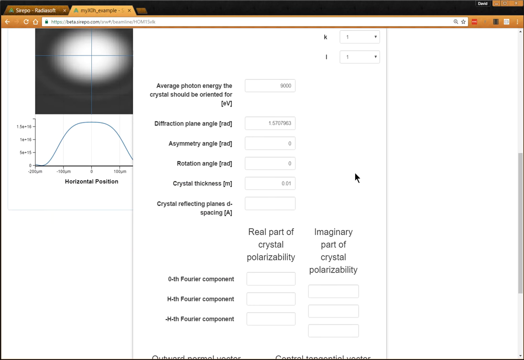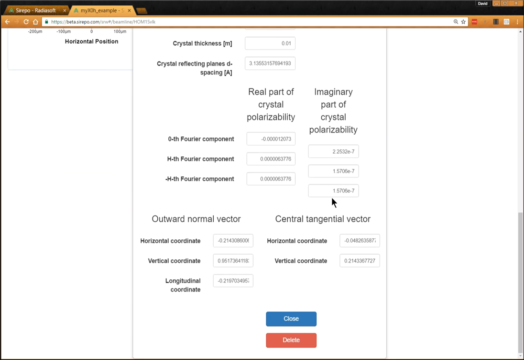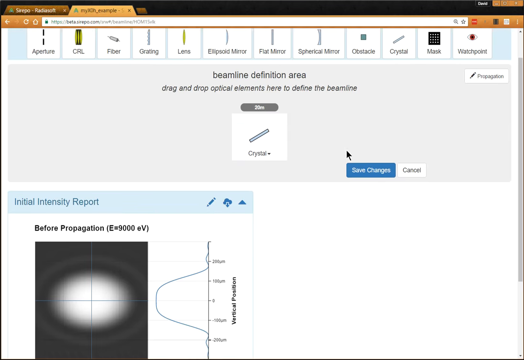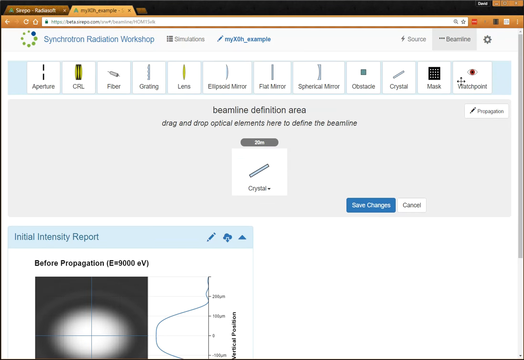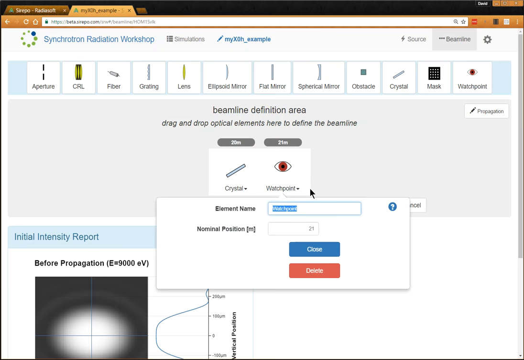And in doing so, you see here that it's set the diffraction plane angle, the crystal reflecting plane's d-spacing, and also the Fourier components of the polarizability. Close this window here, scroll back up to the palette of elements, drag down a watch point